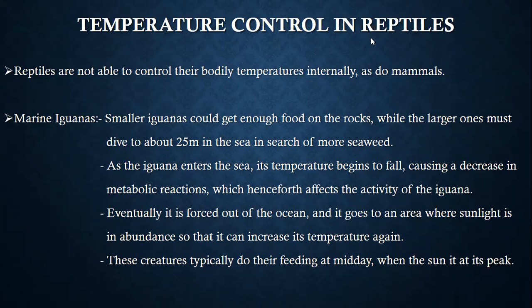All right, now in the case of iguanas, they do not have built-in mechanisms within their bodies to actually warm them up. So that is why reptiles like iguanas, even alligators and crocodiles, have to sit out in the sun to warm up, and then when they want to cool down they go back in the water, and then they have to come back up again, and that is how it goes. Okay, so what happened is that these creatures,